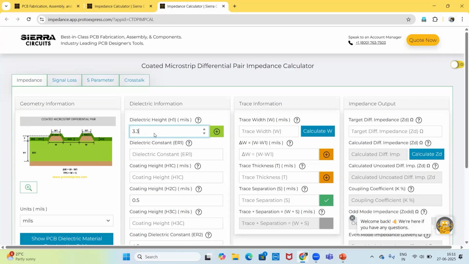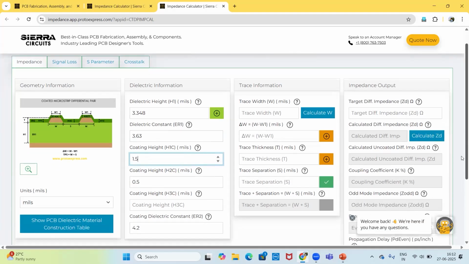Let's enter 3.348 mils for the dielectric height H1, a dielectric constant of 3.63, a coating height of 1.5, the coating height H2C. The dielectric constant ER2 already have a default value, but you can change them if you wish to do so.